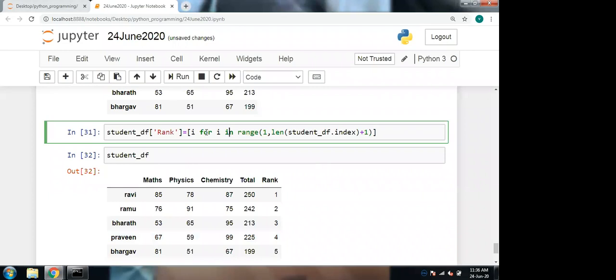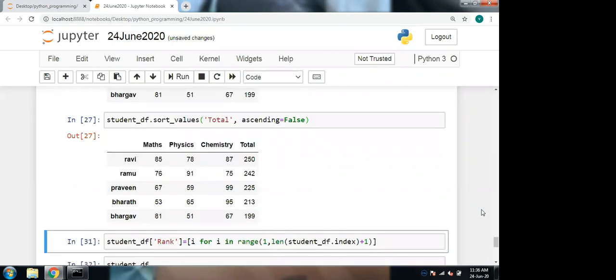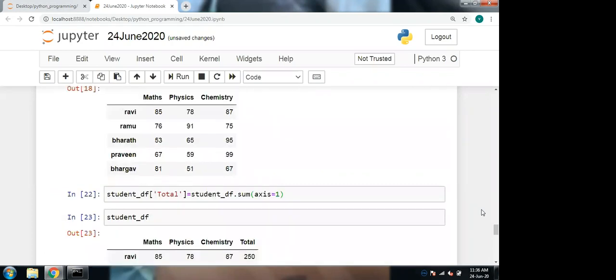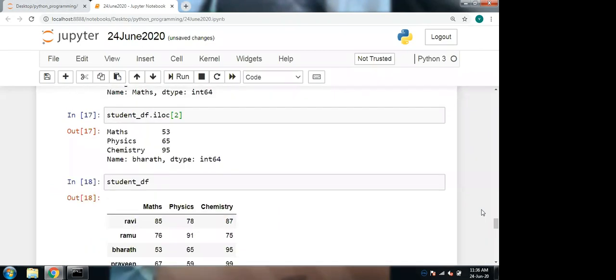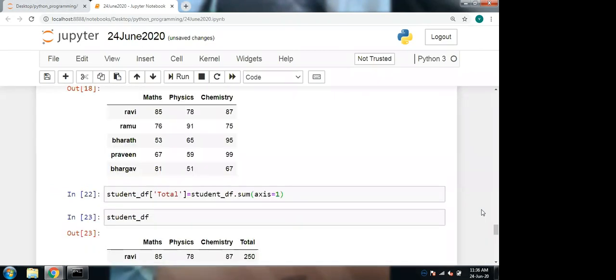Go to the 20th line. Which line, ma'am? 20th. Here it is not able to find. Not showing 20th line. This one only, ma'am.